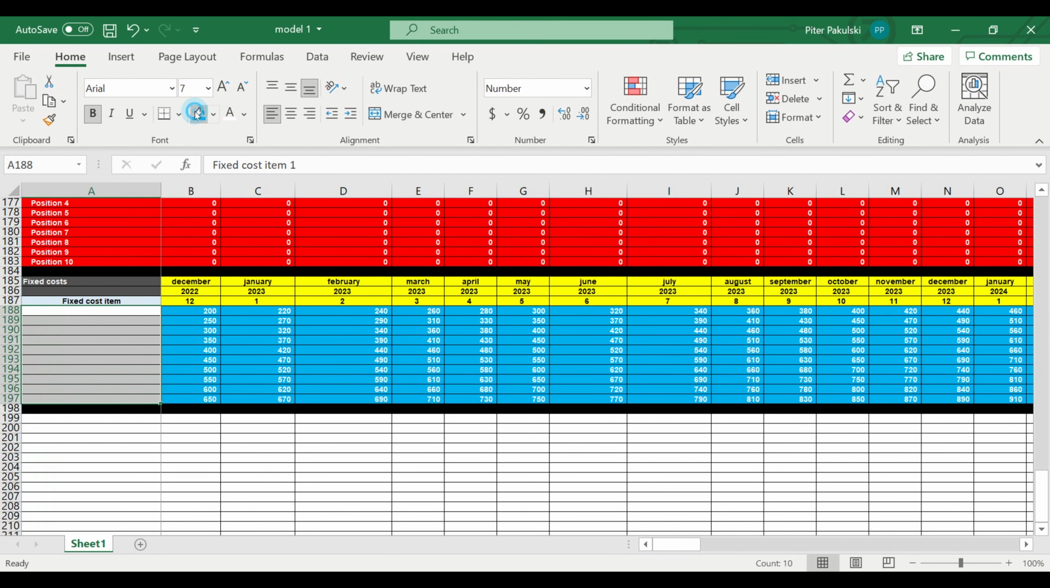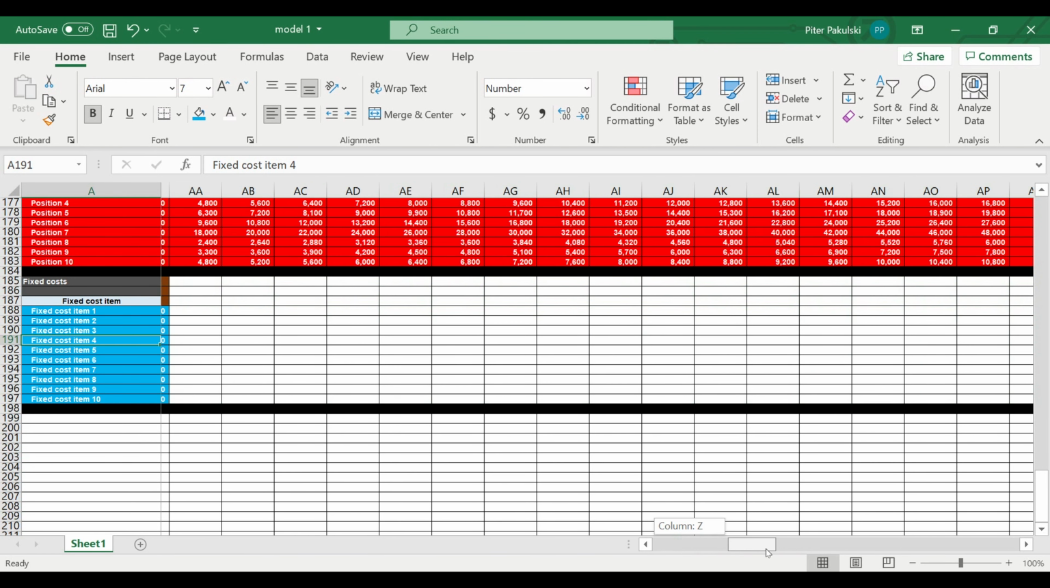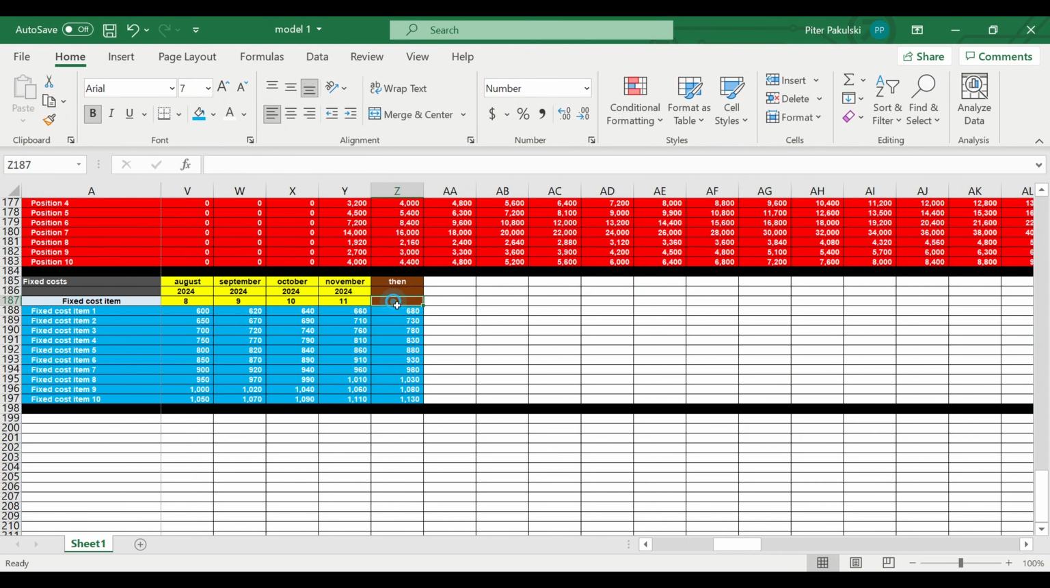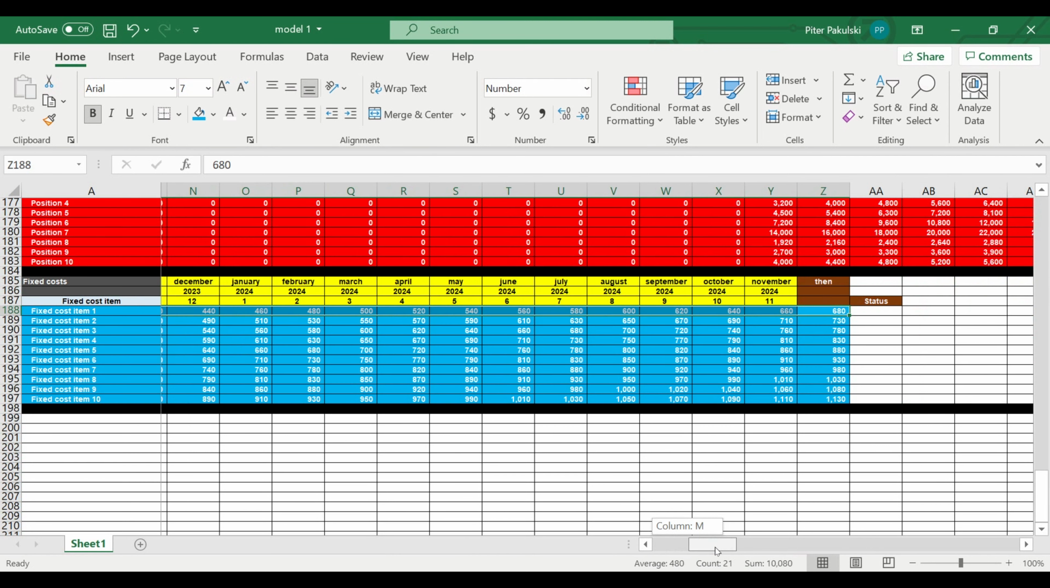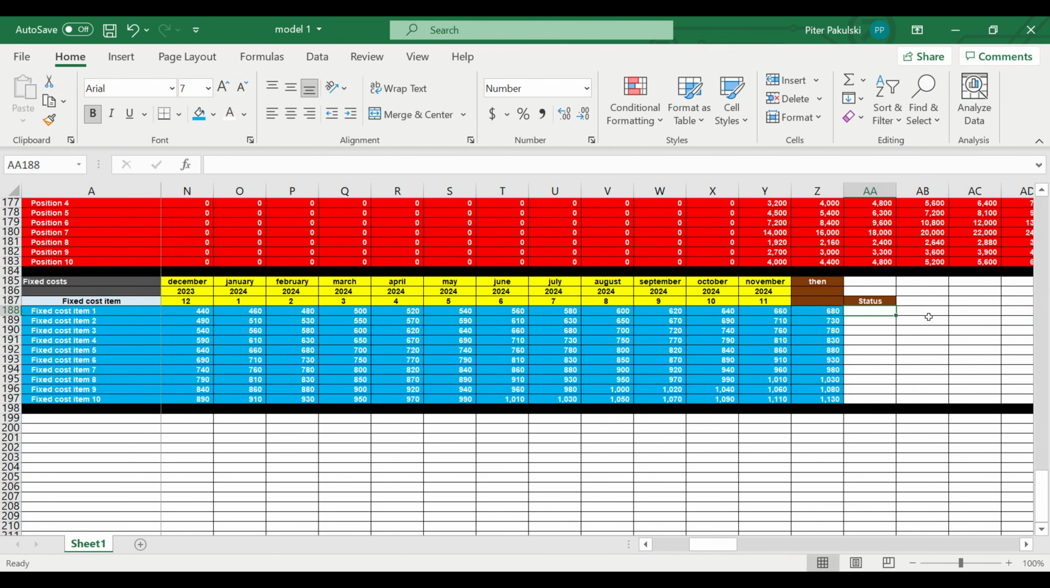Then there is an interesting feature I would like to share with you. You'd better create a status column for each fixed cost expense to make you able to switch on and switch off